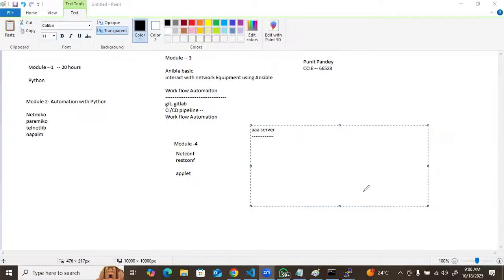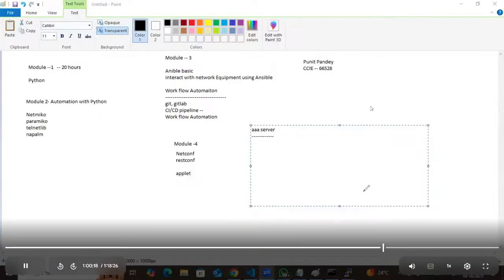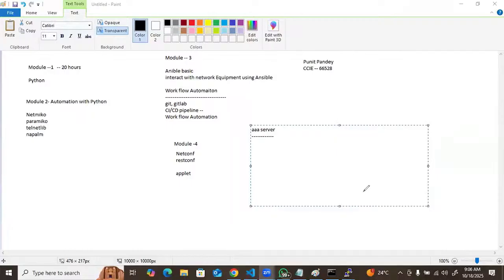Yes. For that, GitLab is there. GitLab is the master repository, and the local repository is where you are writing your configuration. Whatever progress you make, you save on your laptop, and it will be pushed to the master repository. Got it? Yes. Those things we are going to cover. It will be really helpful, guys. You'll really enjoy the automation, and especially you'll enjoy Ansible.